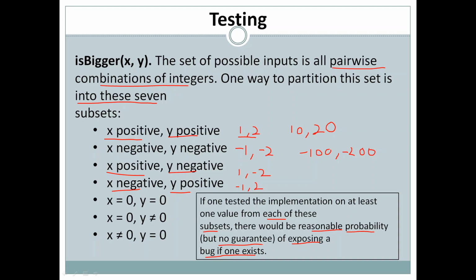So while testing, we need to test the program or software by partitioning the input into different subsets.